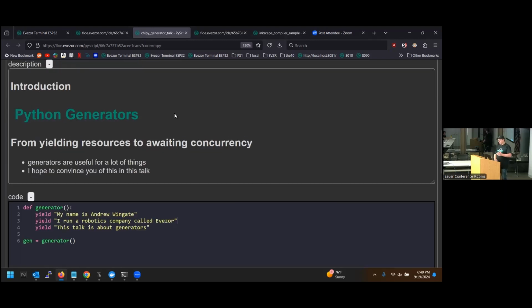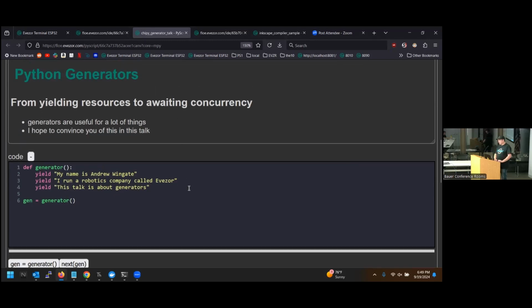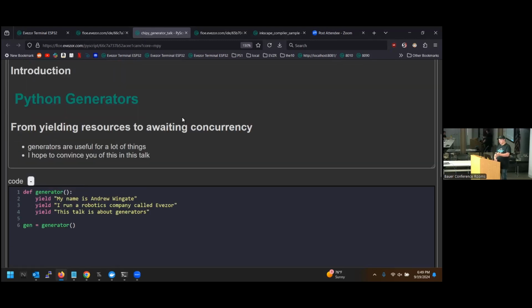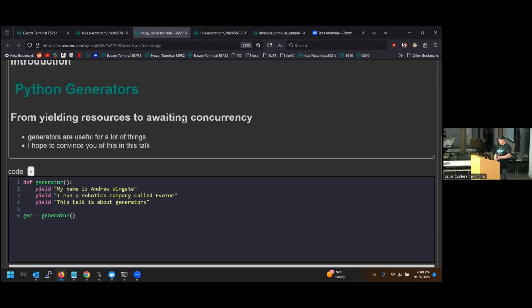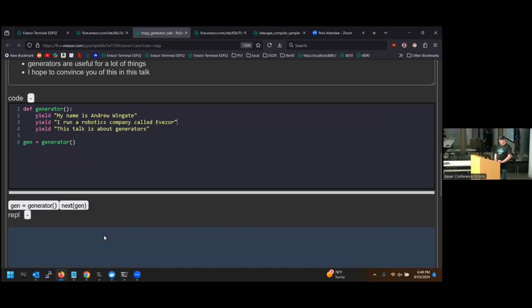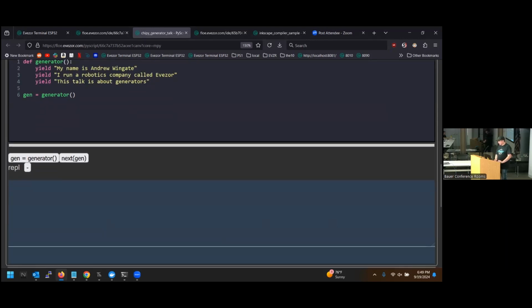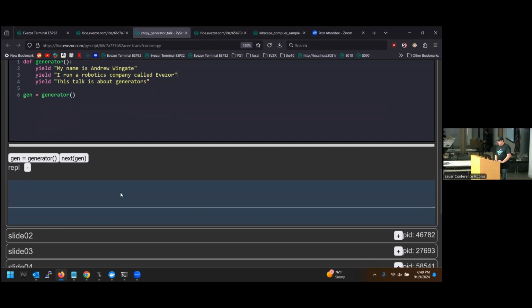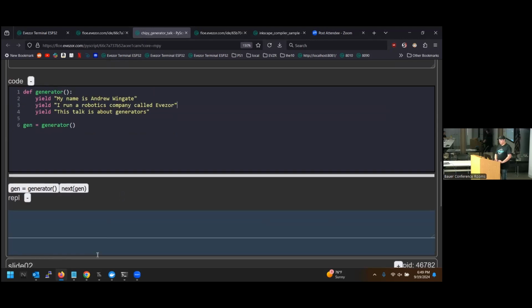But anyways, each one of these slides here, we have a little bit of markdown so we can say what it's about. And then you'll see that there is some code here. When the page is loaded, all the code that you see here is run on page load. Each one of these, we have a terminal. So you can type things in, and you can see that we have this gen object, which is the generator